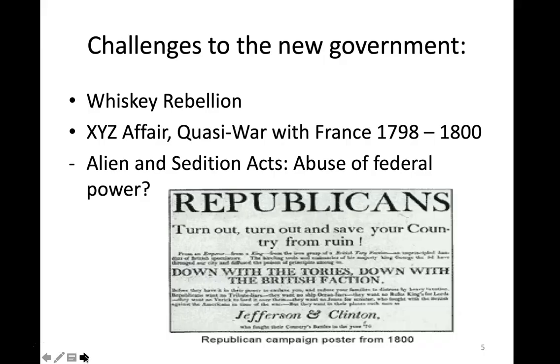of a democratic republic. Now, the next thing we need to discuss, which is a challenge again to the new federalist-led government, is something called a quasi-war with France. It's called quasi because we never declared war. Quasi means resembling, right? So it resembles a war, but it is an actual war. It was fought mostly on the high seas against France between 1798 and 1800.